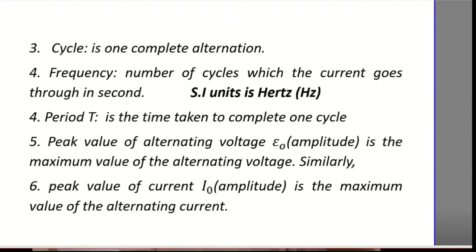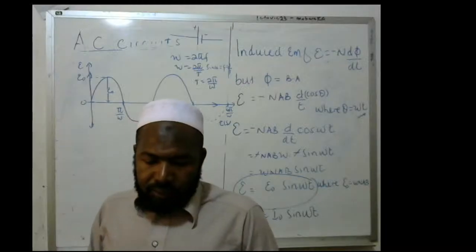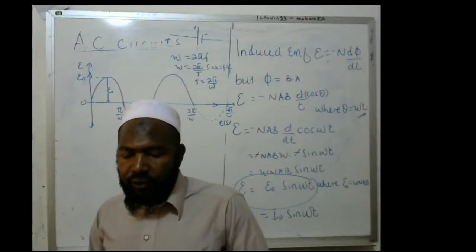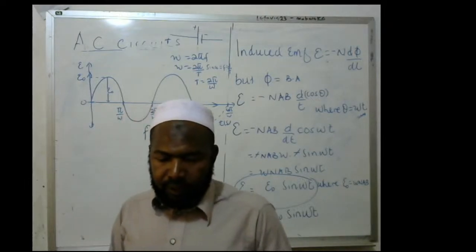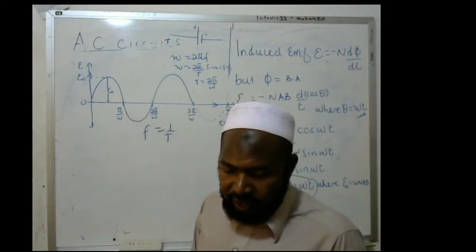Then the fourth term, which we are going to be handling, is period T. Period is the time taken to complete 1 cycle. And frequency is equal to 1 over T. And therefore T is equal to 1 over f. Then 5, peak value of alternating current. The peak value of alternating current